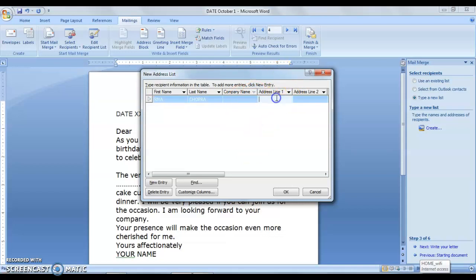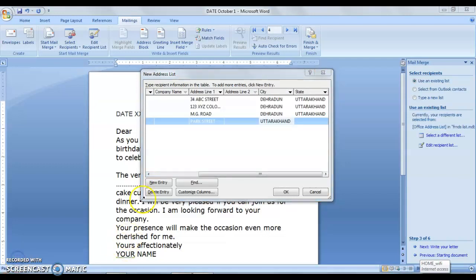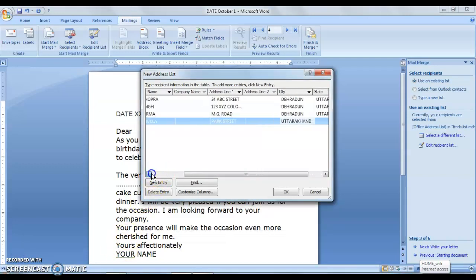Then I will go to address line. Here I have to mention any address. So I have mentioned 34 ABC Street, and you may type any of your addresses. Dehradun, simply I am writing. And moving ahead by this arrow, there are so many things. If you want to delete these things, customize columns is there. Now, if you look, I have created the first